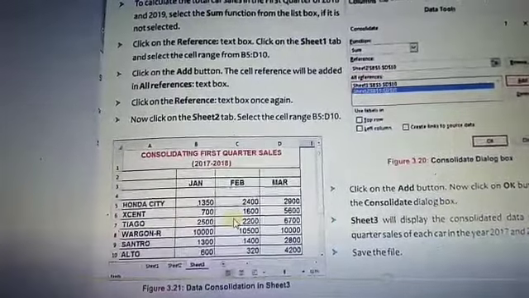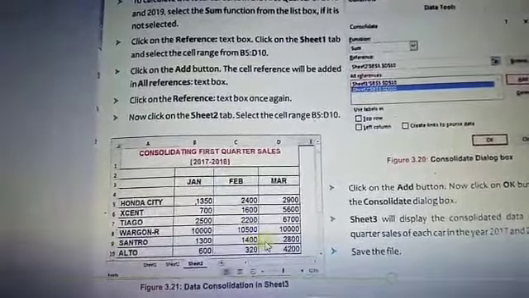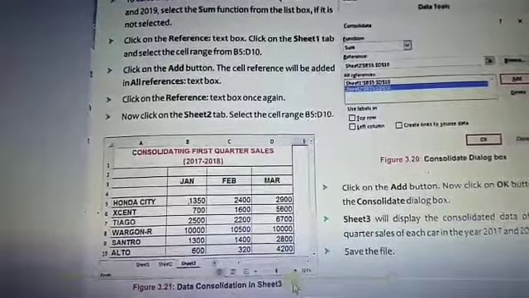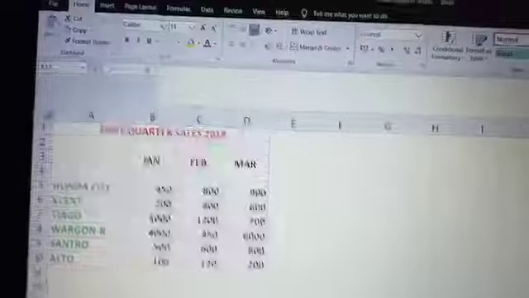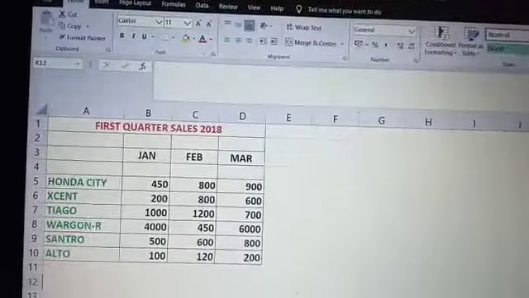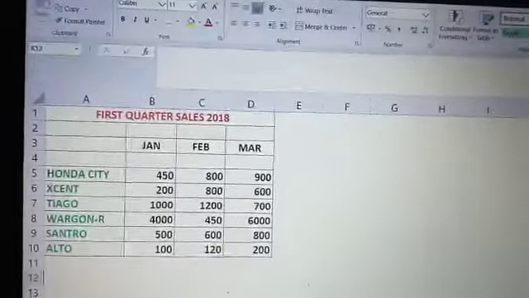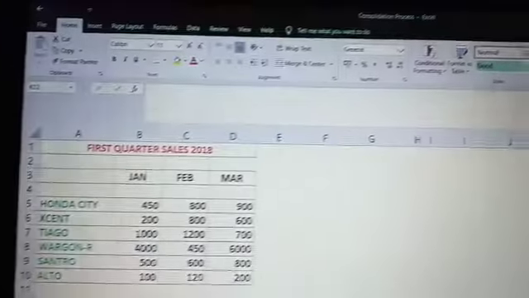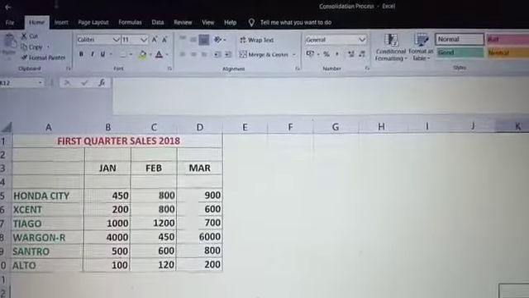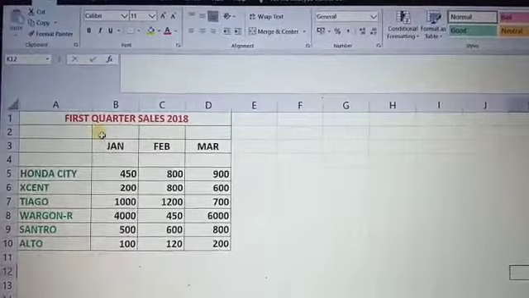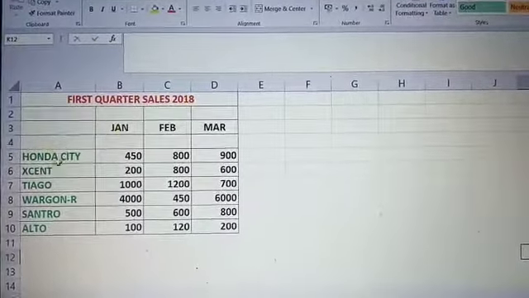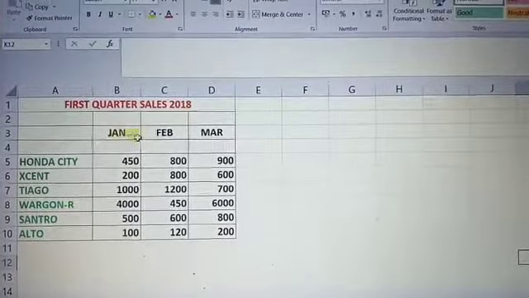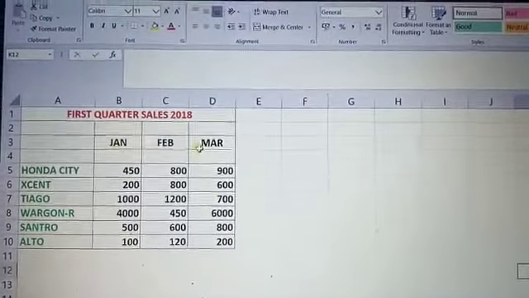Let's do the whole consolidation process in a practical manner. Here I have designed the data. Students, let's see how we perform the consolidation process in a practical scenario. According to the book, I prepared the data. This is the first quarter sales of 2018, which contains the vehicle names and their sales month wise.